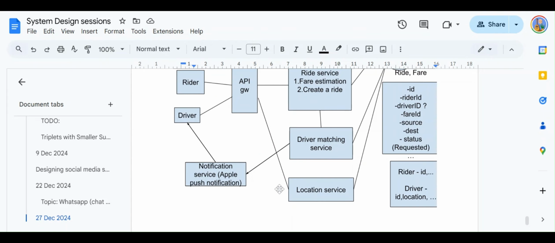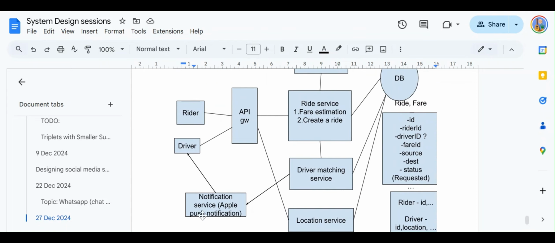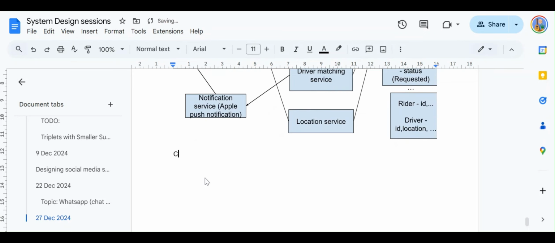So the very first challenge that we have, let me talk about the challenges part and how we are going to handle it. Challenges slash deep dives. Okay, the very first challenge is the frequent updates of driver location. So how do we handle the frequent updates of the driver's location? We have to assume a few things, like how many drivers are there in the system, and what's the frequency of